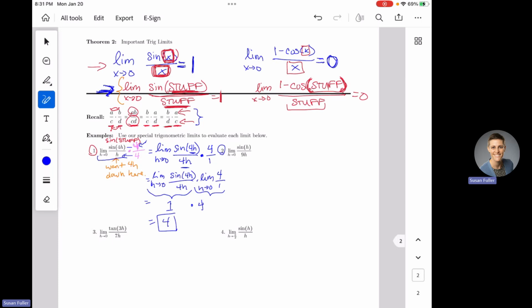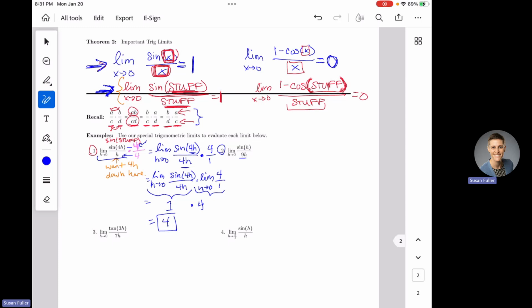Okay, again, we look real similar to this one. So let's see. These don't match, right? The stuff inside my sine and the stuff on the bottom, these don't match, but I want them to match. Now you might say, okay, since I have a 9h on the bottom, I want to make a 9h inside my sine. But remember, this h on the top is stuck in sine jail. Nothing can go in there. Nothing can go out of there. H is stuck in sine jail up here. So I can't just make a 9h inside a sine function on top.